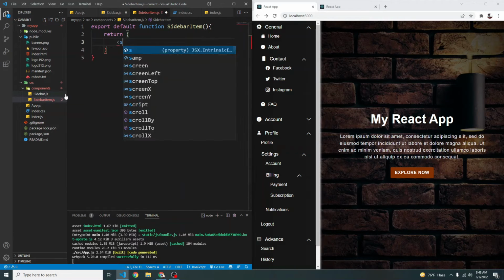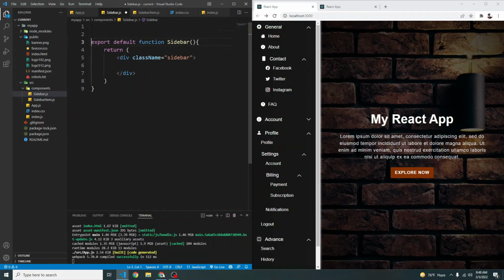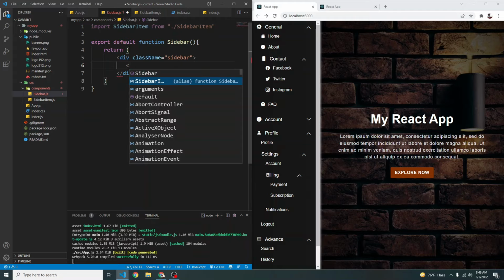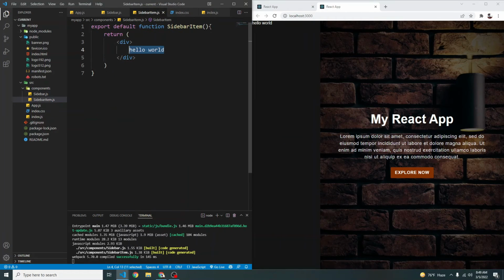Let's have a div here, let's just say hello world again, save, and let's use it in our sidebar component. So here we are going to say import SidebarItem from ./SidebarItem, since we are already in this components folder, and let's try to use it. So here we are going to say SidebarItem, and if we go here, as you can see, it says hello world. Okay, now let's try to make it look like an actual sidebar item.